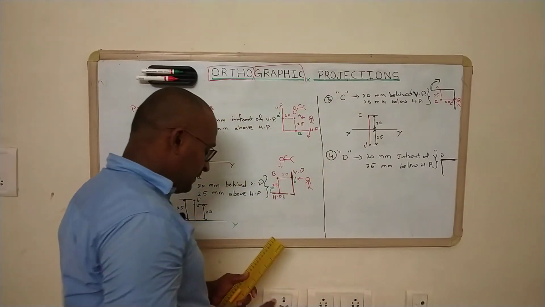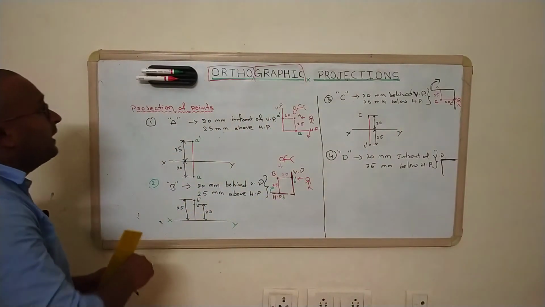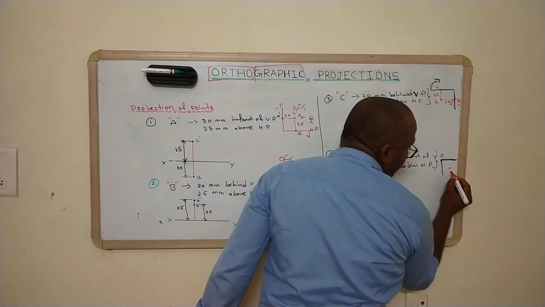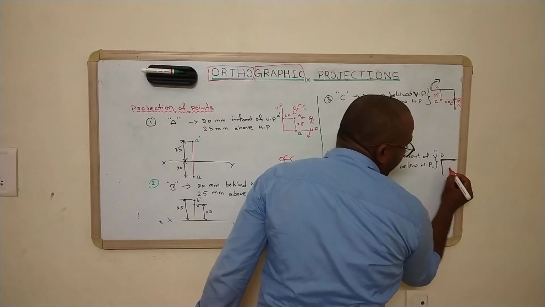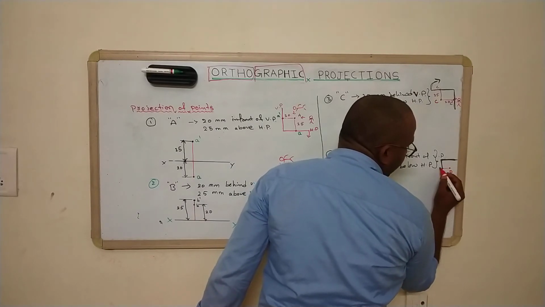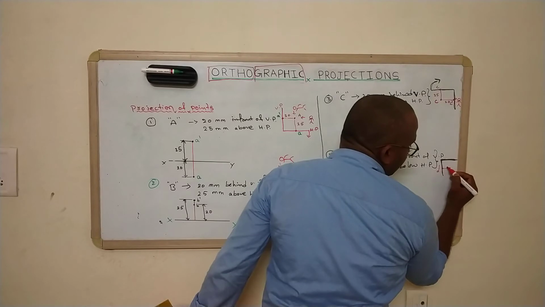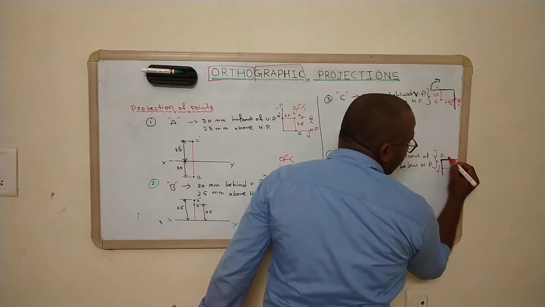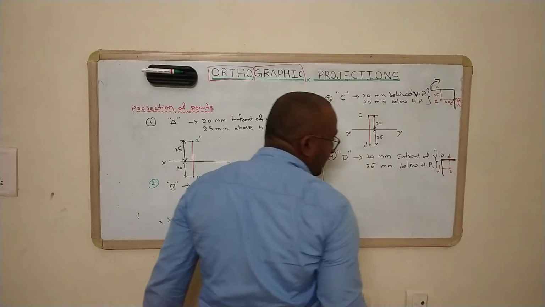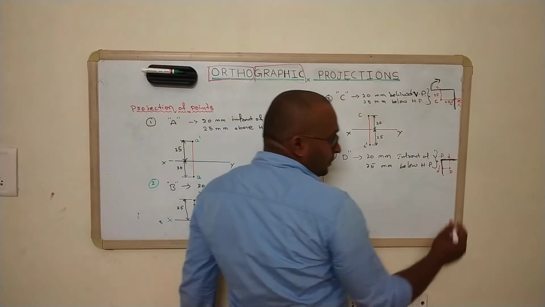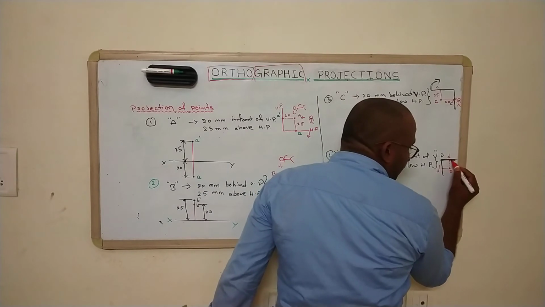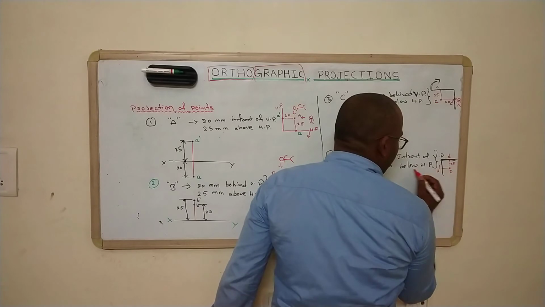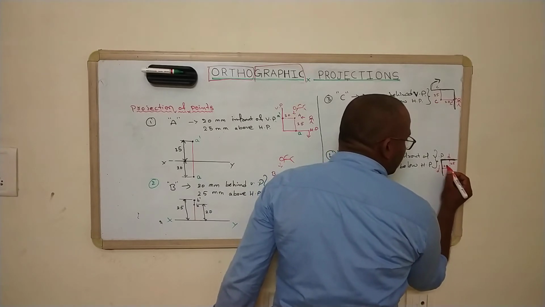This is the fourth quadrant. The position of D is there. So here the point D is available, and then the front view will be projected onto the vertical plane, that is D dash, and then the top view will be projected onto the horizontal plane, that is lowercase letter d. So here below HP is about 25 mm, in front of VP is about 20 mm.